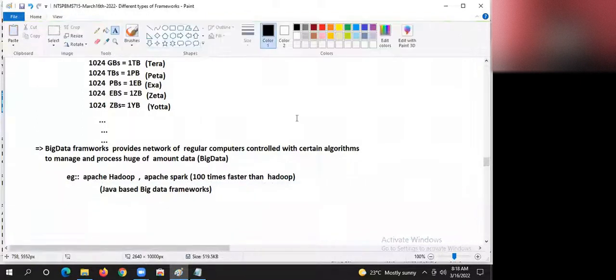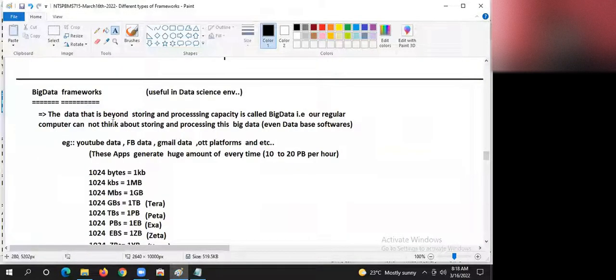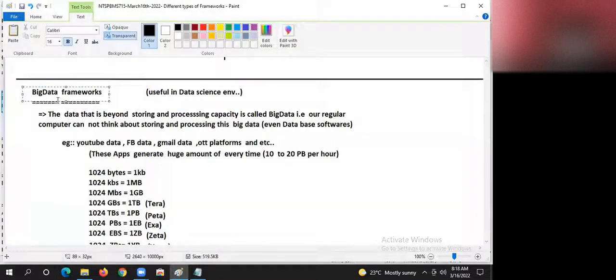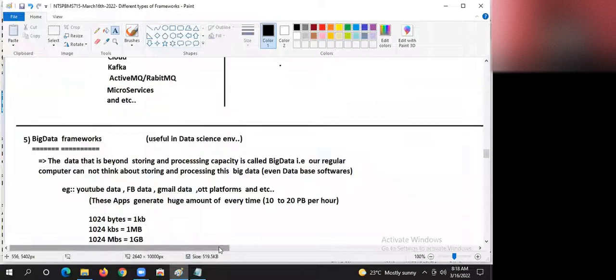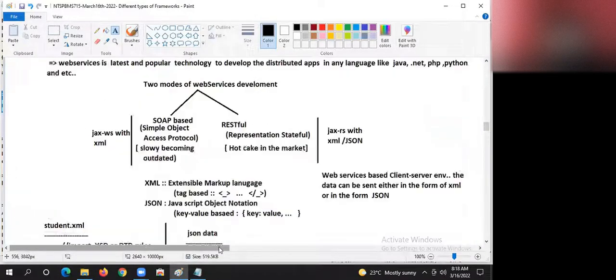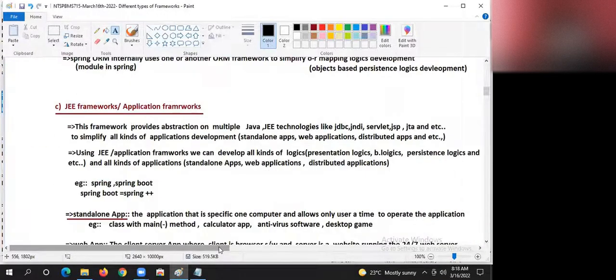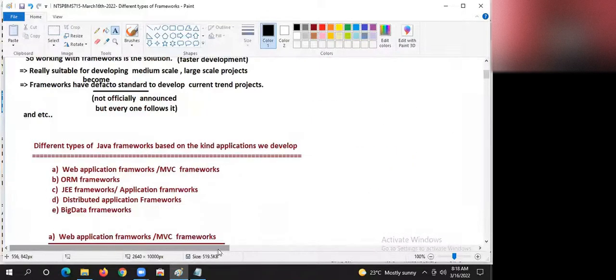And big data is part of data science, guys. That's why you need not learn it now to get into the industry. There is no need to learn a big data framework while getting into the industry on the Java platform. Understanding my statement, guys? We will be learning the remaining 4 frameworks in the angle of Spring.